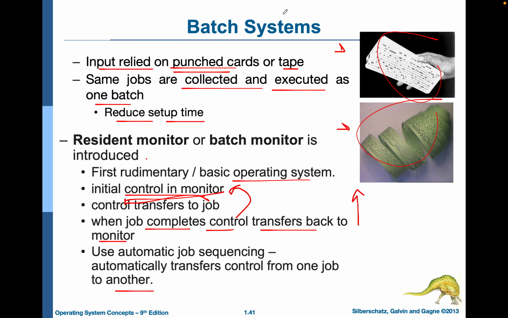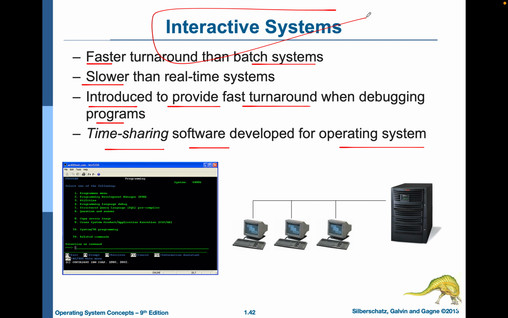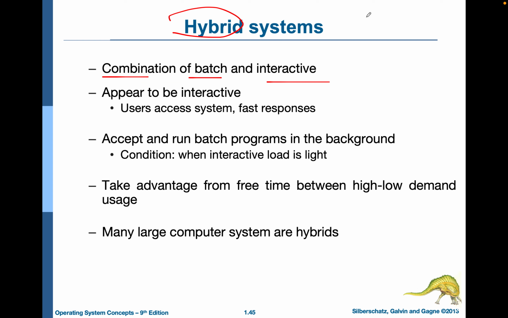So go back to this, it combines batch and also interactive system. It is called a hybrid system. It appears to be interactive, because you have the interactive element here, and is used as a system with fast response. Accept and run batch programs